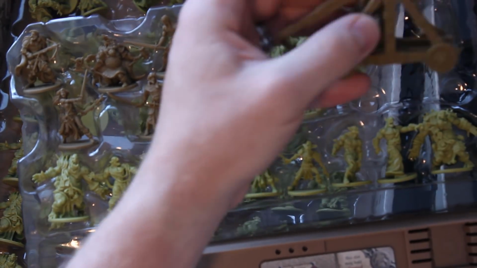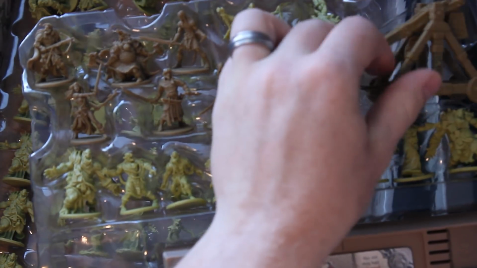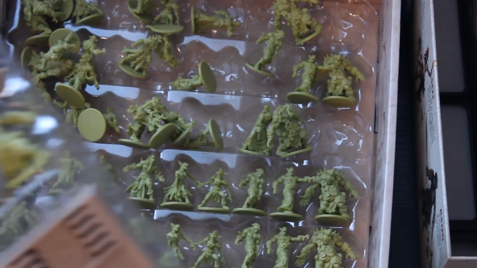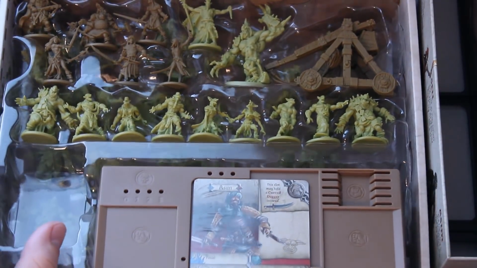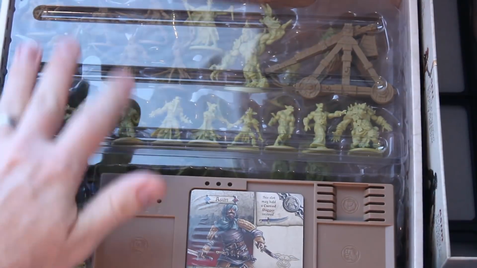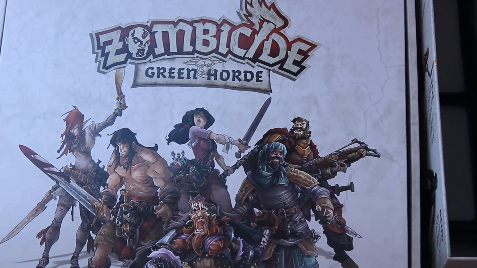Here's the catapult. Catapult actually looks pretty nice. That's kind of cool. That's fun. And then, of course, oh man, look at that. Oh, they're all messed up. I'll have to organize these. But these are all the regular walkers and fatties and runners and whatnot. And then, I'll just sit there, I guess. I do like this box, though. That box is nice. Then we have...